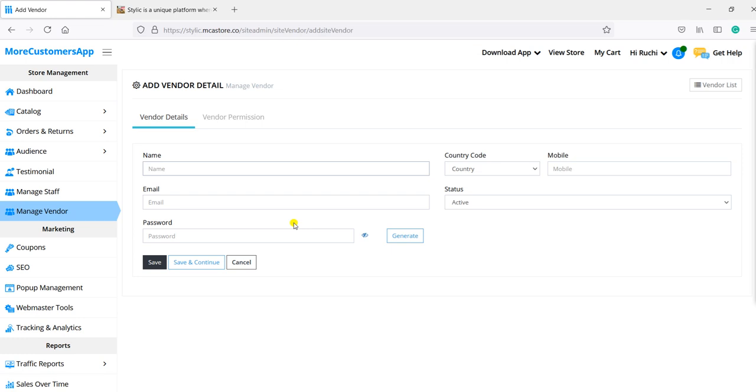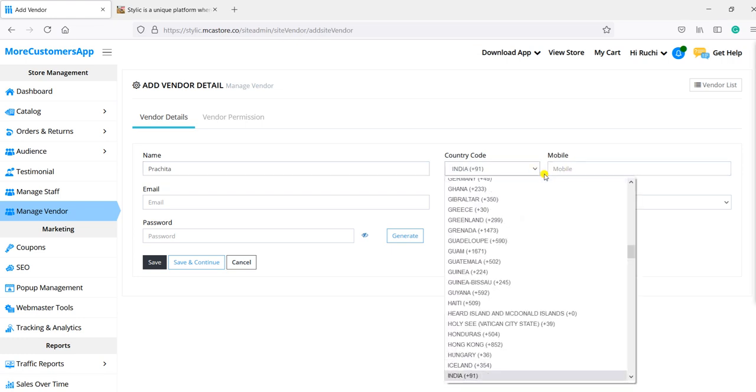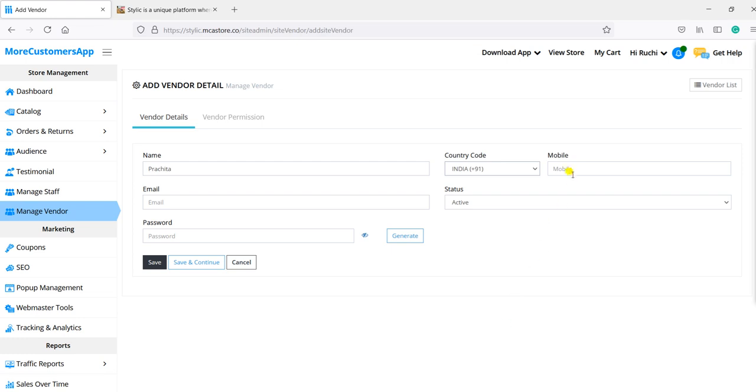Here you need to put the details of the vendor. Let's say I'm putting the details. You need to mention the country code, the mobile number, the email address.